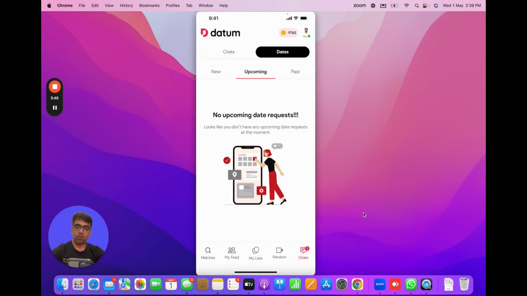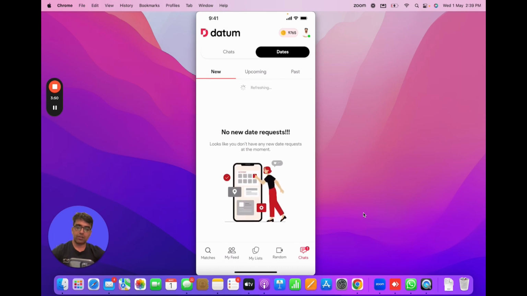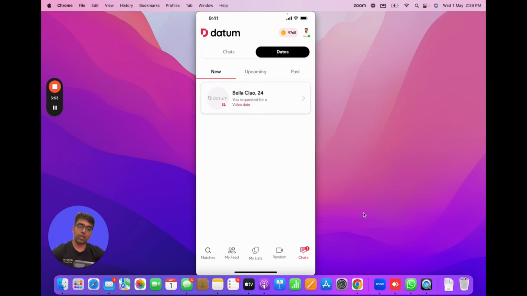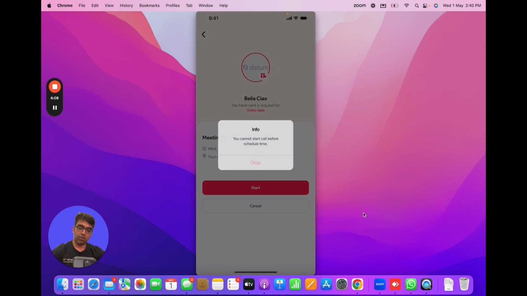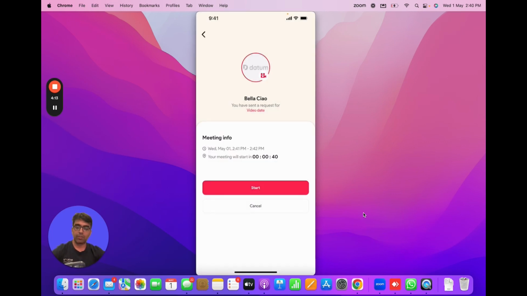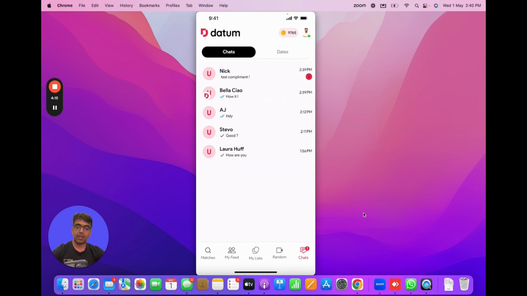Now when I go back to the dates feature, I would see that on the new tab. So on the new tab, I can see that there's a date between Bella and I. Now Bella has accepted the date. So now I could get in and see the information. And when I'm ready to start the date, I can just click on the start icon. If I try to start the date before the scheduled time, it gives me an alert. So in the meanwhile, let me show you the other feature, that is the